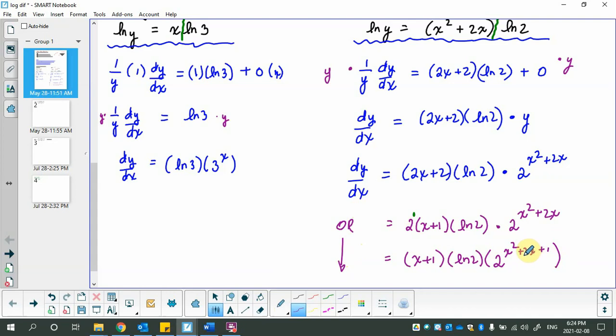And these are all OR answers. But you may see this in the back of the book and go, how the heck am I supposed to know how to do that? And the answer is, you just keep doing math. So you also should be able to take this answer and backtrack and see, oh, do I have anything like it? And that is one of the struggles with calculus. So let's take a look at